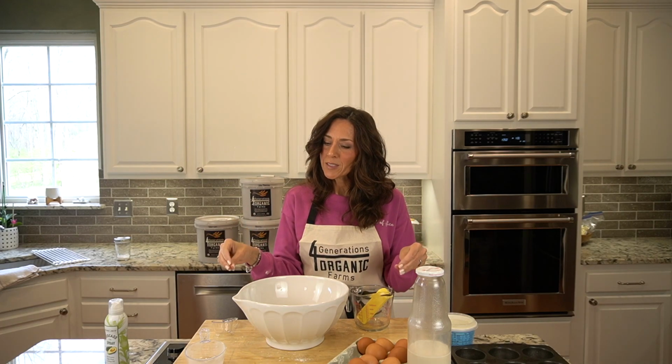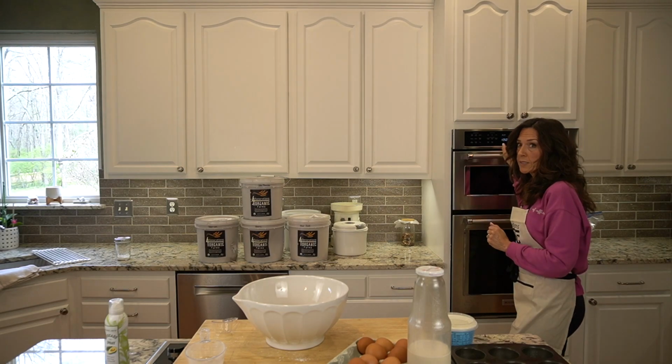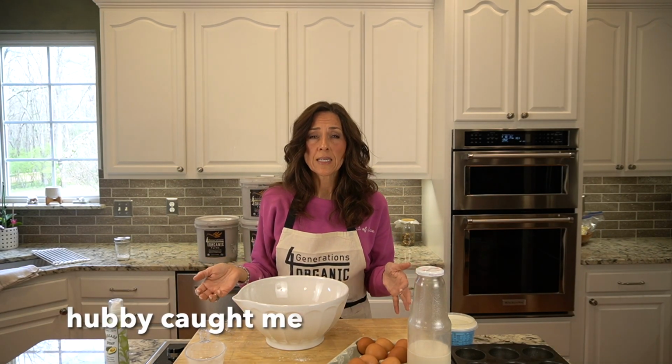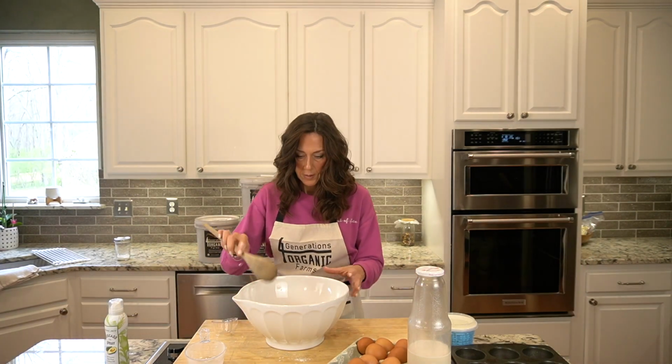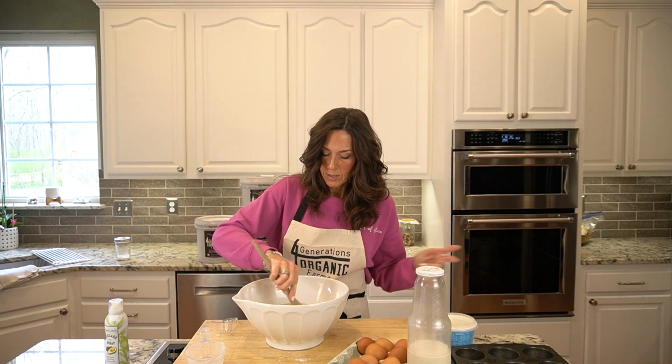I'm going to put this in the microwave. If you're against the microwave, then you can do it on your stove top, but this is just quick and easy. Stove top? Easy. If I said oven top, I meant stove top. I'm going to just give this a stir, and I'm going to go ahead and add my salt, baking powder,